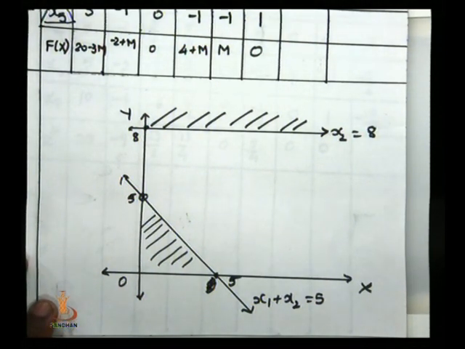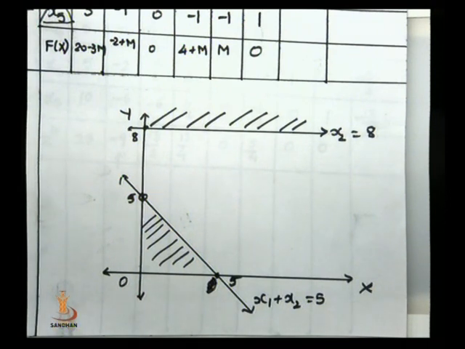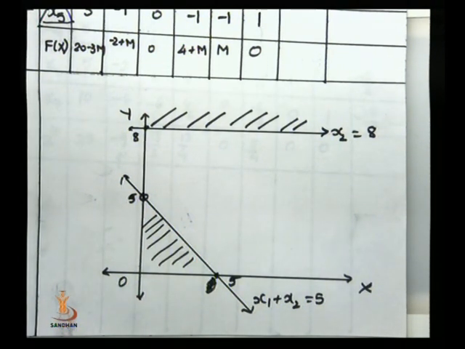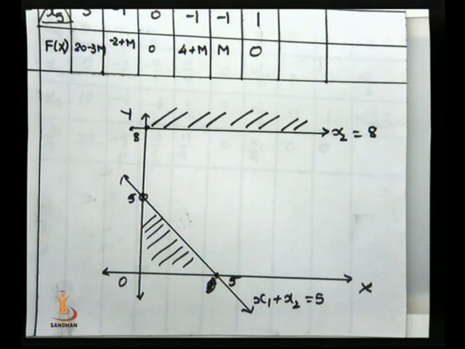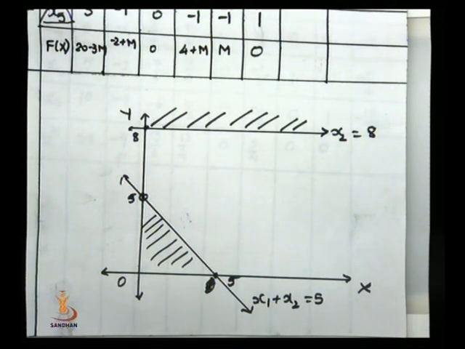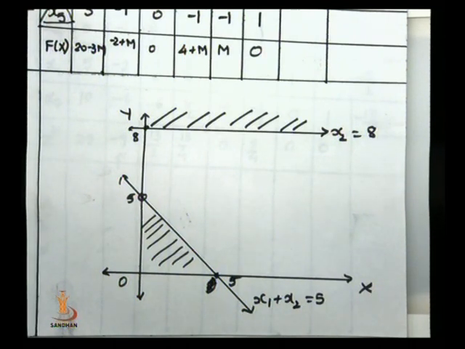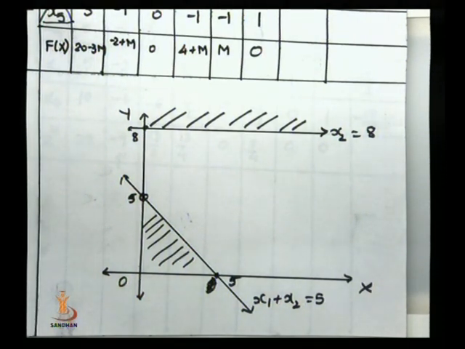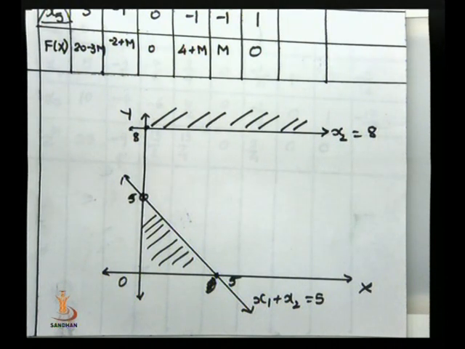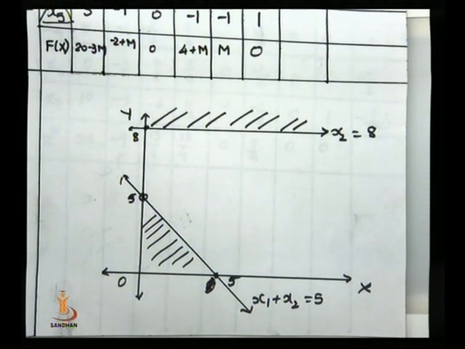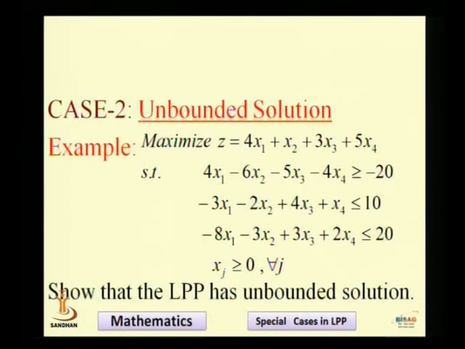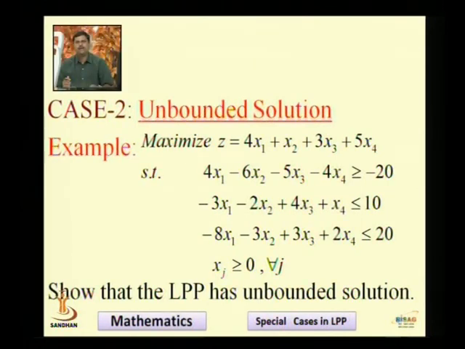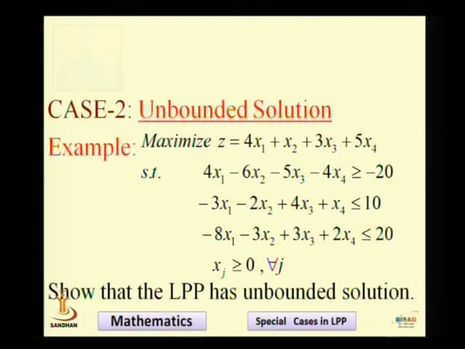How to determine an infeasible solution? When at the optimum stage the artificial variable is still present in the basis, the cost coefficients become non-negative, but the artificial variable cannot be removed from the basis, then such a situation is called an infeasible solution. Okay. Now let us see the next case on your screen, case 2, unbounded solution. As we know, a solution which indefinitely increases or decreases the value of the objective function is called an unbounded solution.